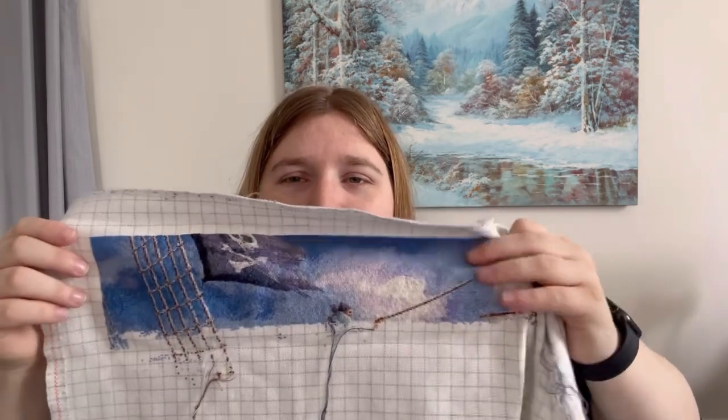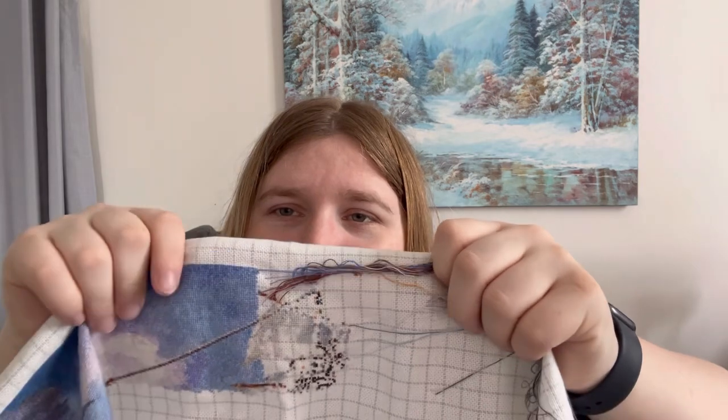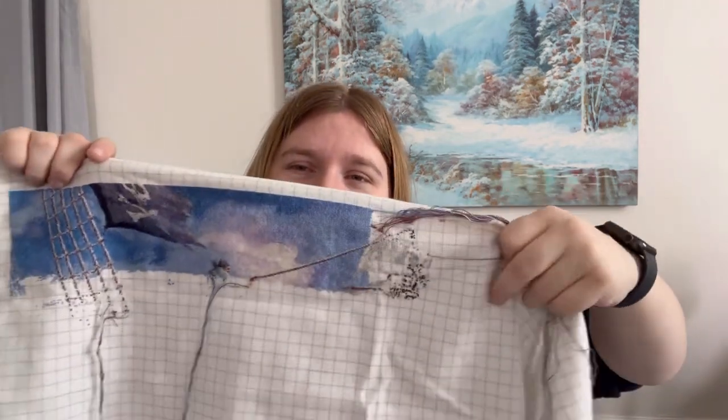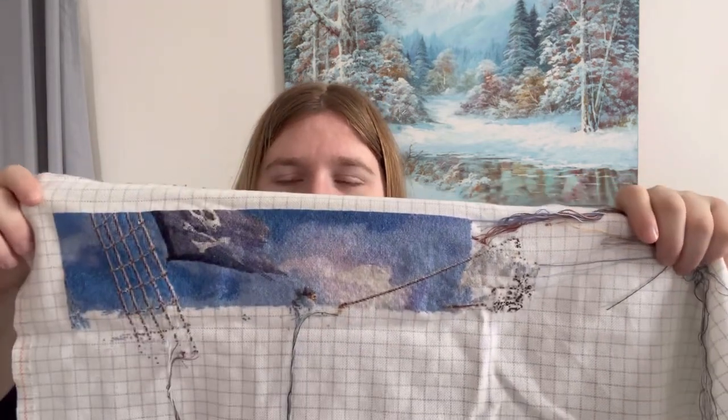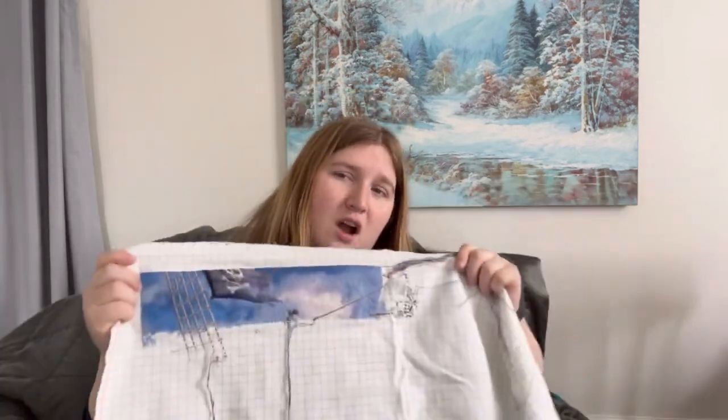So I finished off this page here and have started on this next page. There's not a huge amount that's really visible because this page is mainly the sail. I was going to call it a flag, but it's a sail for the ship that's over on this side of the piece. So it's really starting to come together and look like something. So I'm hoping once I get another page finished, it's going to feel a lot easier to come